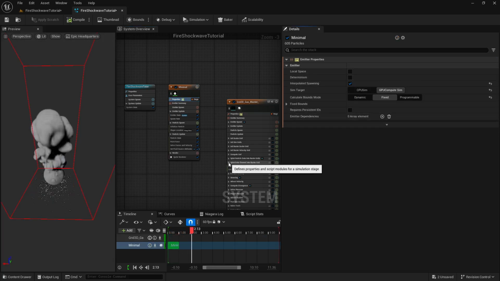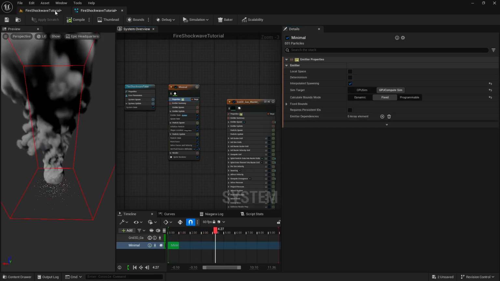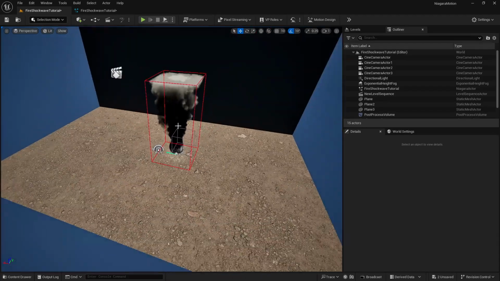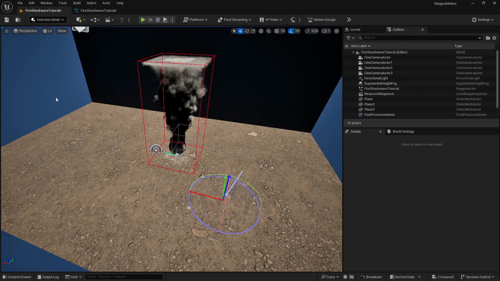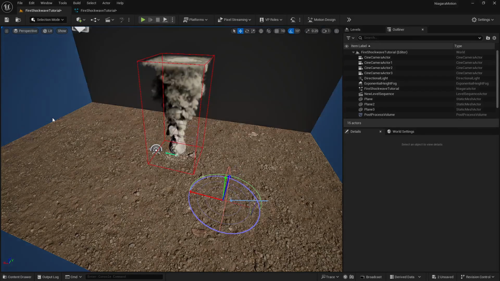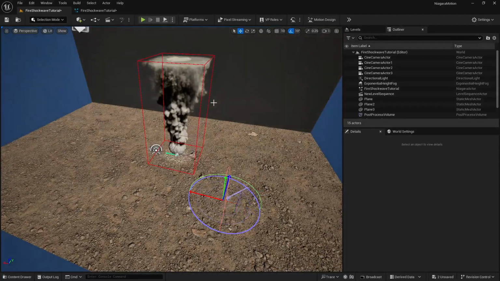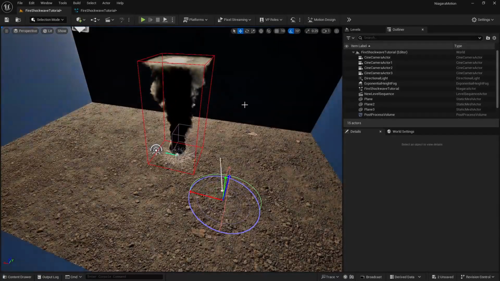Now this is done. Now what we need else, so if I go here right now, you can see we are getting this smoke here. Okay, we don't want this, so let's just change the lighting as well. So let's just press Ctrl L, and I'm going to make sure that our lighting is somewhere around here.